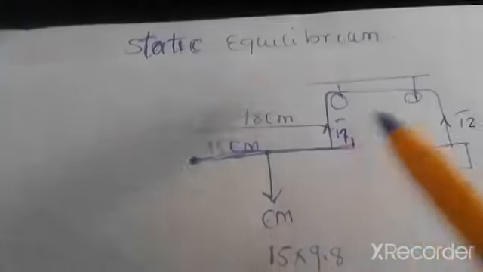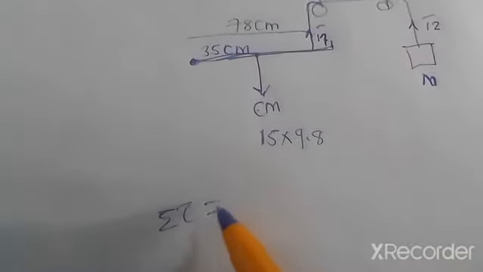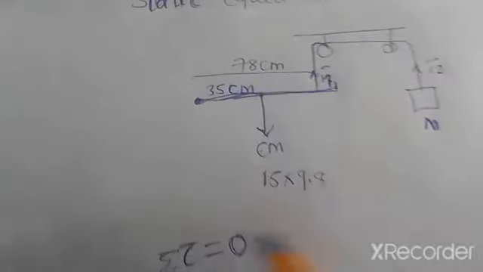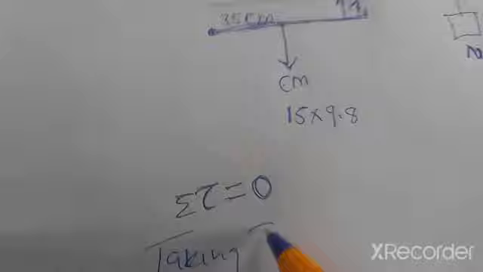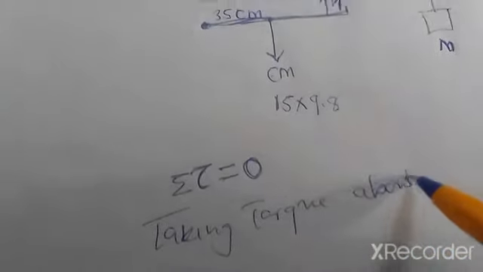So the net force on this foot from the hip joint is going to be equal to 0. Taking torque about the hip joint,